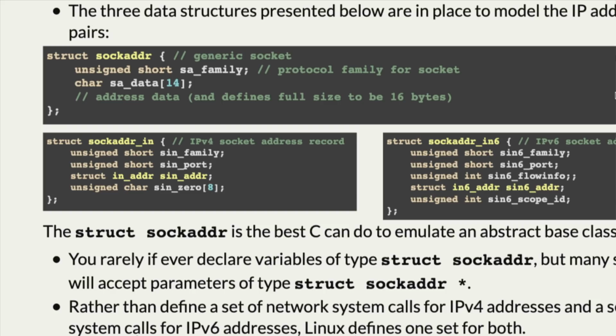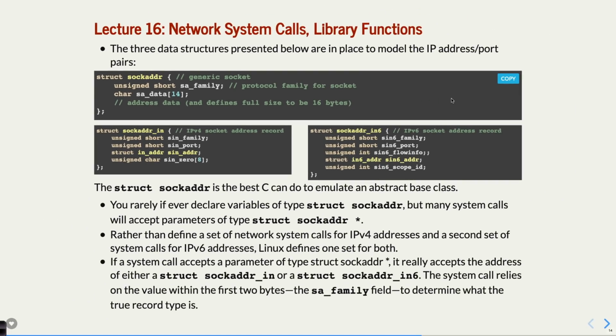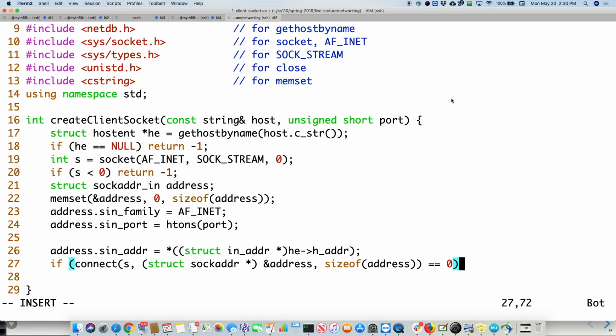Then inside the connect function, it goes, well, if the type is internet address 4, let's handle it this way. If it's 6, we'll handle it this way. If it's Unix, we'll handle it this way, etc. So it tells that by knowing what it is. If that's that, return S, meaning that we actually got the correct socket.